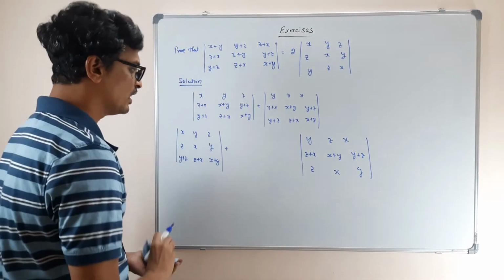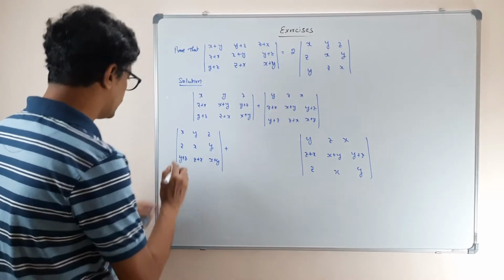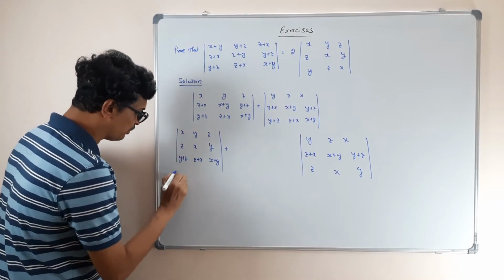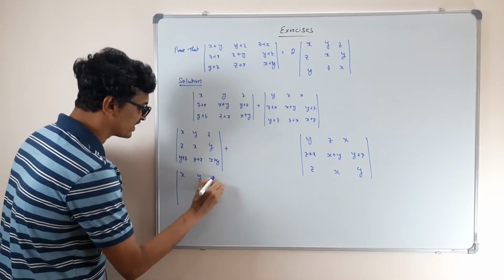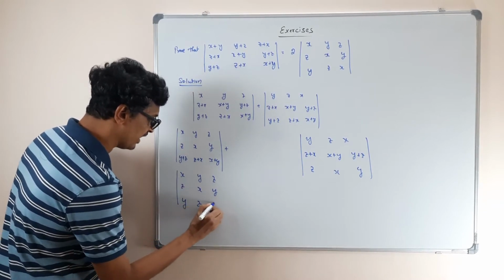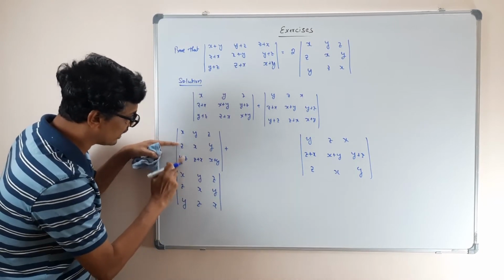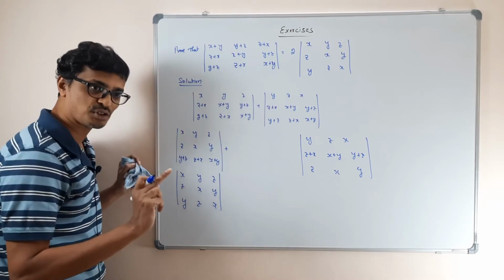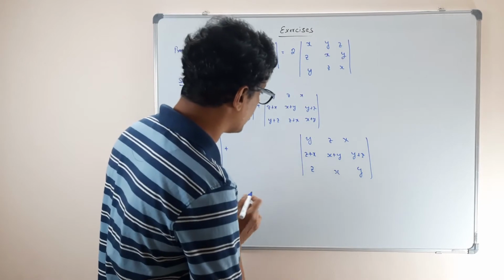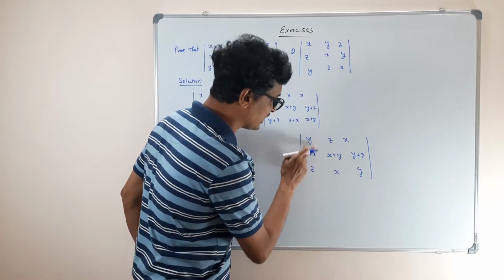Am I right? So this is the way you can keep progressing it. And so then this will be what? See again, see what happened? If you break up this also, what you have? X, y, z, z, x, y, and y, z, x. That's correct, correct? And the second one, x, y, z, sorry, z, x, y, z, x, y. That also goes to 0. So now what you have is left over this one. So again, if you see here, anything goes to 0? Yes. Z, x, y. Okay, only the second term will remain, right?